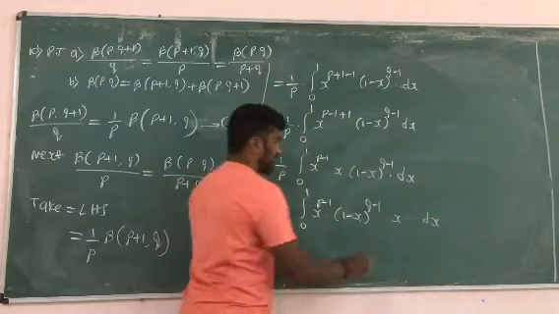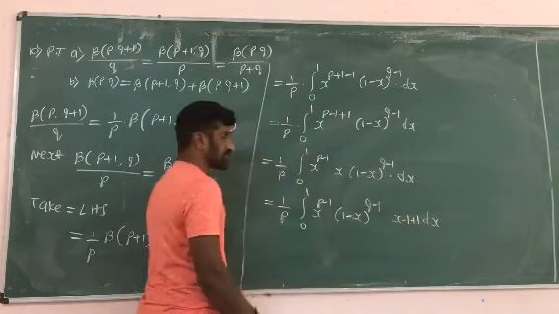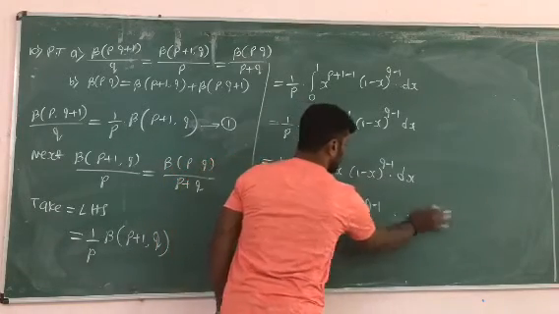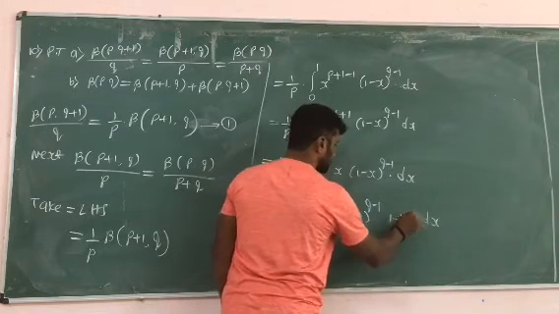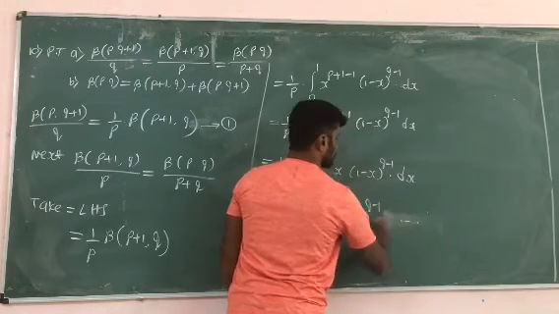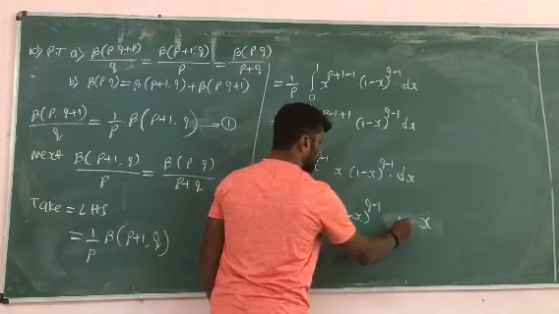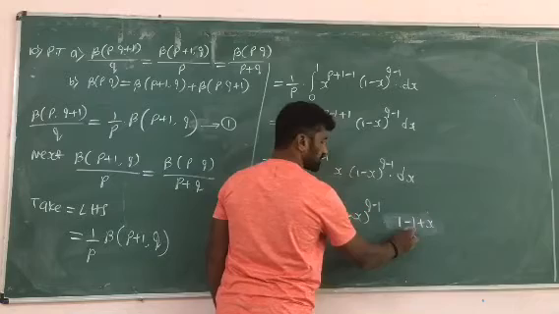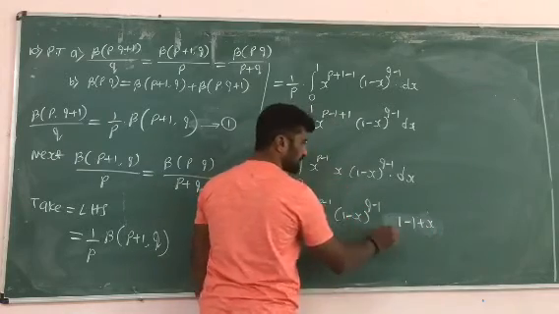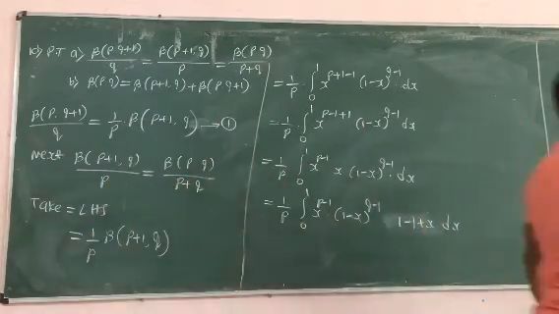For this x, do adding and subtracting, minus 1 plus 1. Clear? So adding and subtracting, or do it like this. Adding and subtracting plus 1 minus 1 plus x. First x in the square, the x as it is written, then adding and subtracting 1 plus it is x. Plus 1 minus 1, 0. 0 plus x is again x, balancing. So this step is very important. So next step is,